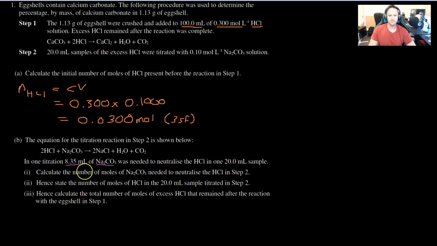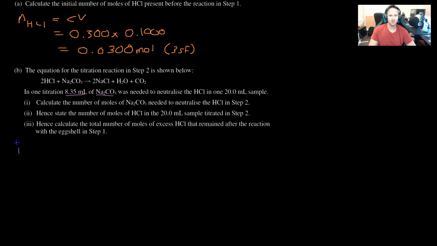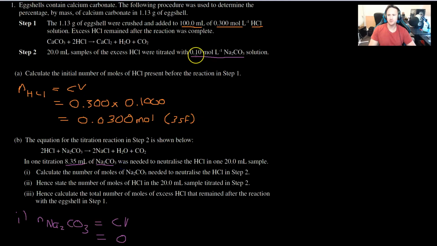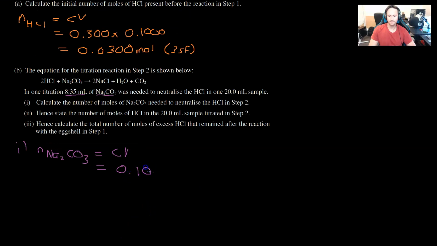Okay, so we have a volume of sodium carbonate that's required to neutralize, and we want to calculate the number of moles. So I'd be looking for a concentration of sodium carbonate. And I can see that up here in step 2. So we have 0.10 mole per liter sodium carbonate. So that's the quantity that I'm using here. So the number of moles of Na2CO3, same thing as before, C times V, so that's 0.10 multiplied by 8.35 mil, that's going to be